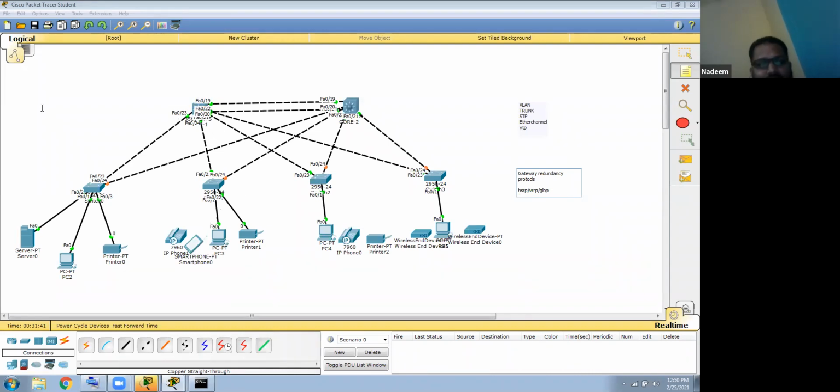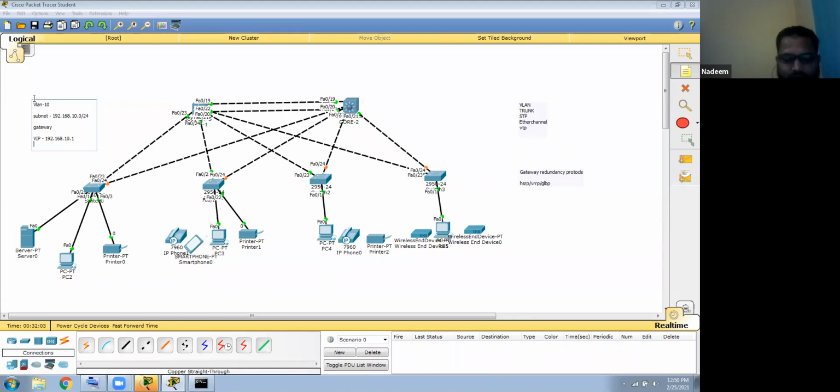Generally with gateway redundancy protocol, let's say you have VLAN 10. We plan a subnet. What is the subnet of VLAN 10? Let's design it like this: the VLAN 10 subnet is 192.168.10.0/24. So first we define a gateway. There is something called a virtual IP, called the VIP. We define 192.168.10.1 as the virtual IP.